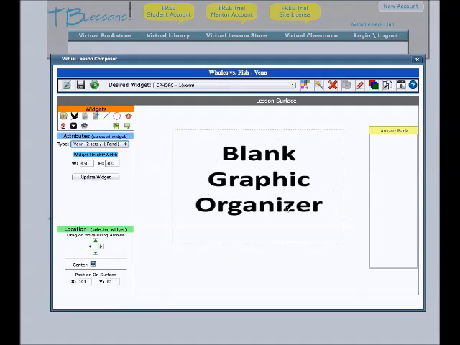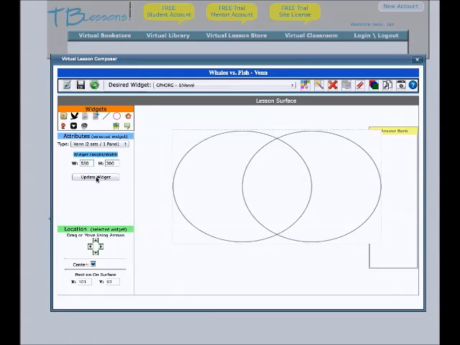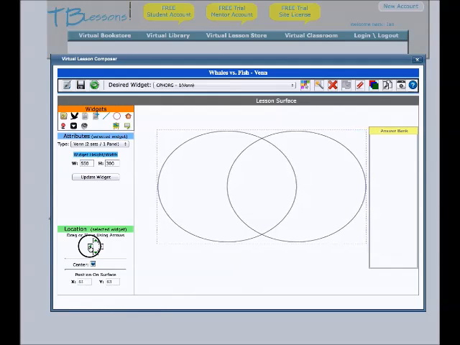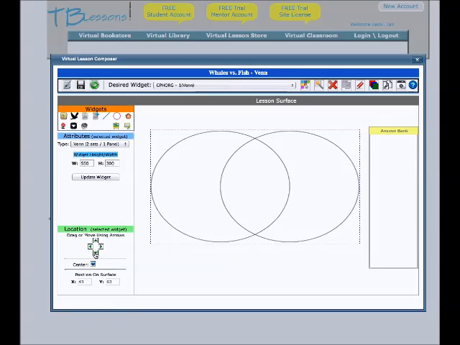And as you can see, this isn't really big enough. So we're going to change the width to 550. And we'll keep the height at 300. Update widget, and it got larger. Now we need to move it over, so we can use these arrows to move it over. And we might even want to move it down a little,